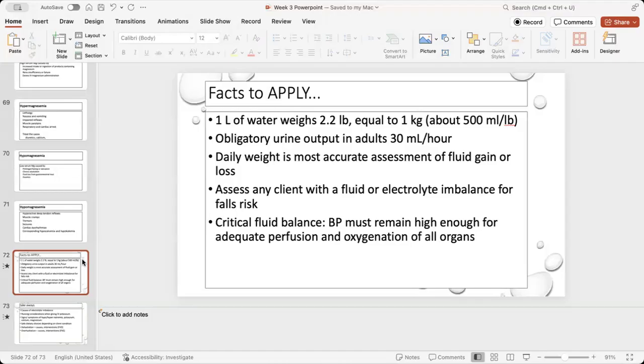So number two, my pH is 7.48. Is that high, low, or normal? High. 32 is my CO2. Low. My bicarb is 26. Normal. Okay, so based on a high pH, we have alkalosis. Now, how do I figure out if it's a metabolic problem or a respiratory problem? Are the arrows the same or opposite? They're opposite, so it is a respiratory problem.